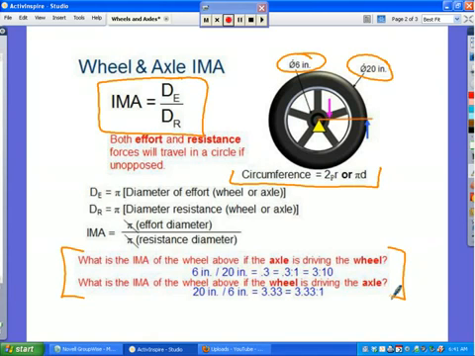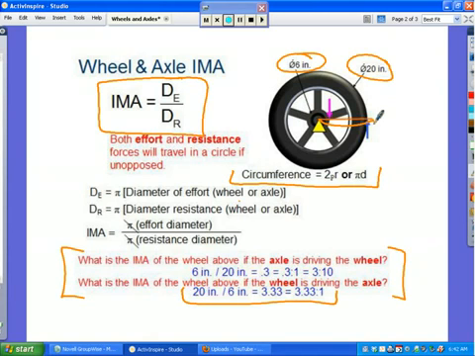If the wheel is driving the axle, it's this one down here at the bottom, and it is going to have an ideal mechanical advantage greater than 1, meaning I'm putting in a little bit of force and getting out a lot more, but that's taken up in this greater distance. If the axle's driving the wheel, like it is on a car,